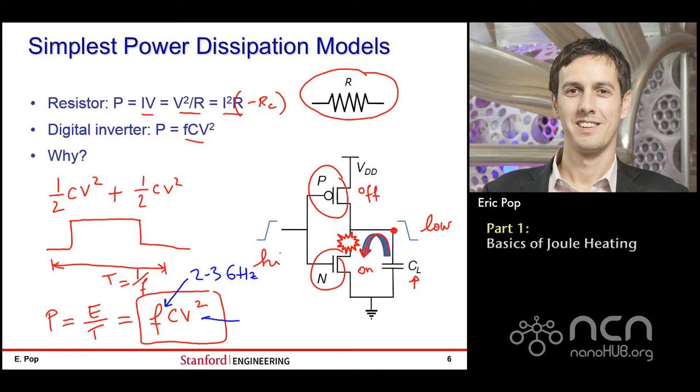And it also explains why many designers are most interested in lowering the voltage. So, of course, if you lower the voltage by a factor of 2, you actually gain in power by about a factor of 4, because the digital power goes as voltage squared. And, of course, it's also very, very important to lower the parasitic capacitance.